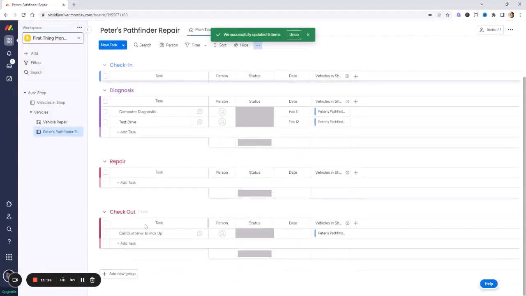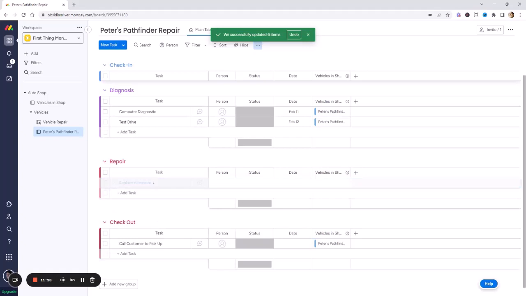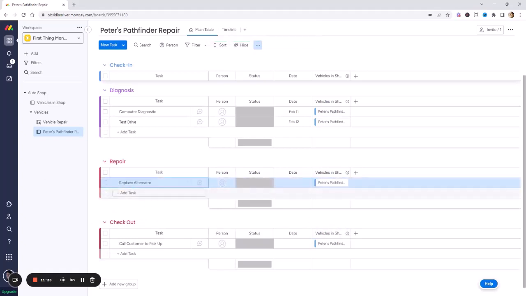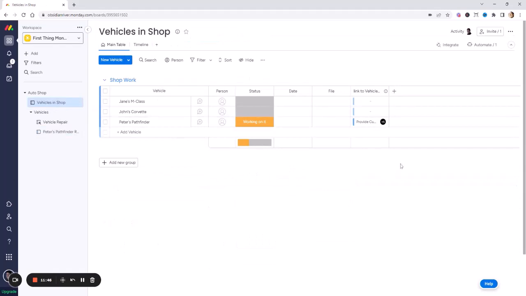And now if we need to add a new item in repair, we're going to say replace repair. And as that gets created, you'll see it's tied back to the portfolio of Peter's Pathfinder. So if we go back to our Vehicles in Shop portfolio,